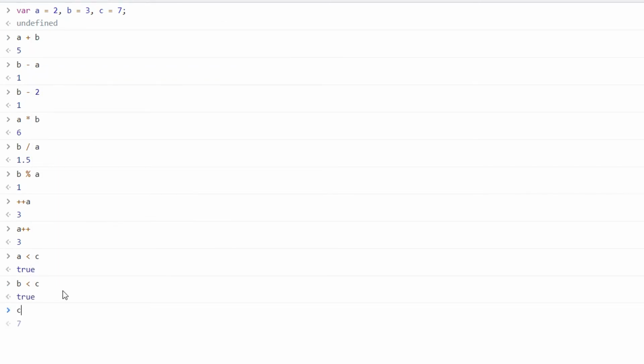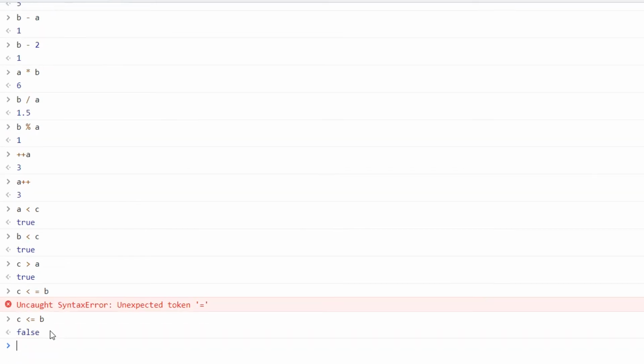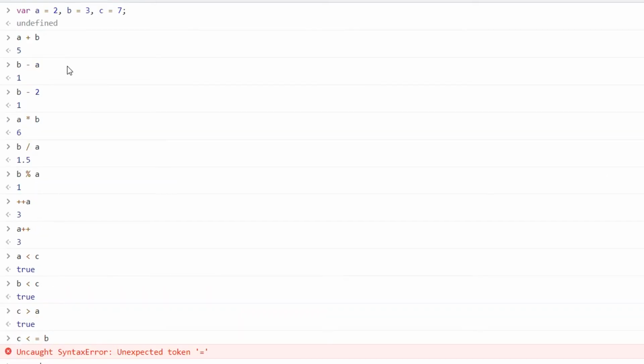What about C, is it greater than A? Yes, it is greater than A, so its value is true. What about C less than or equal to B? Is 7 less than or equal to 3? No, it is greater than it, so its value should be false. As you can see, if I run this, its value is false. So these are the comparative operators.